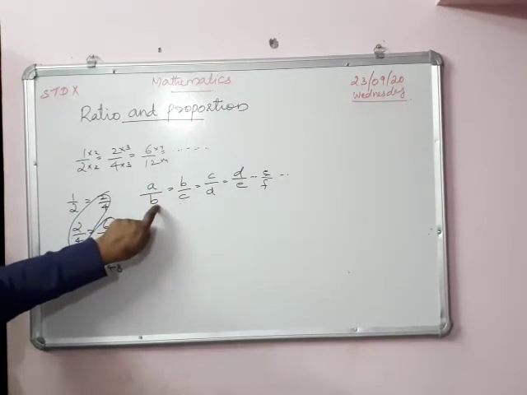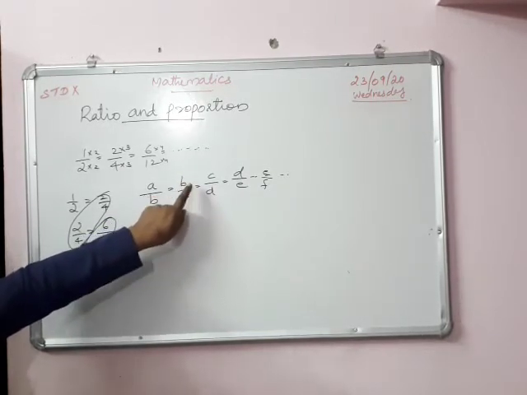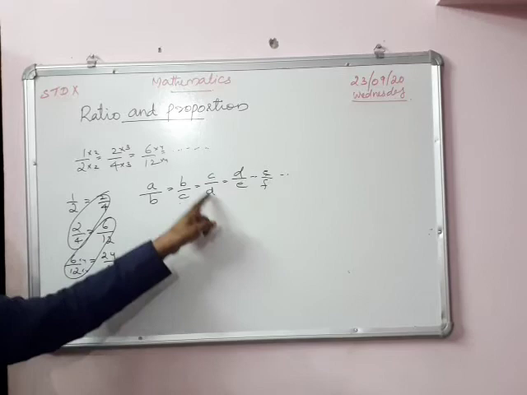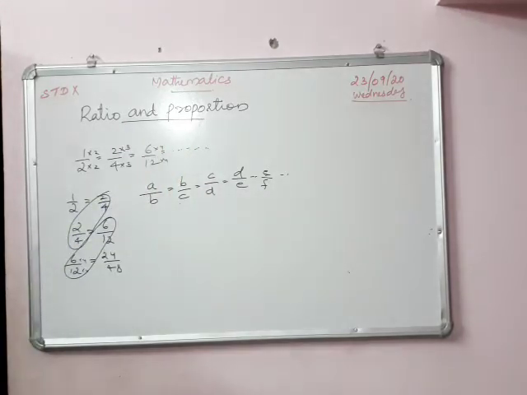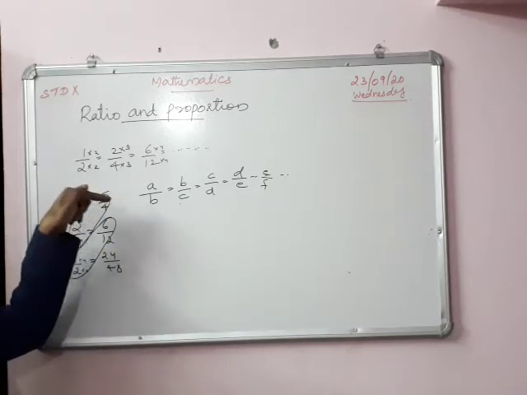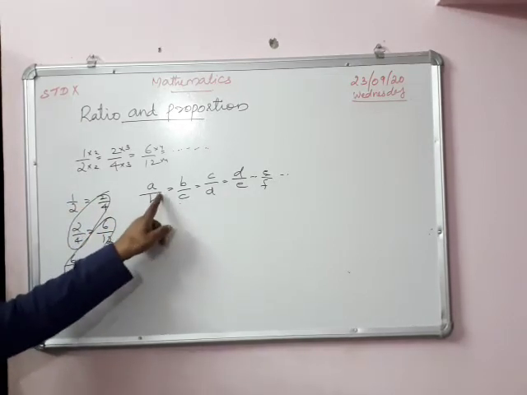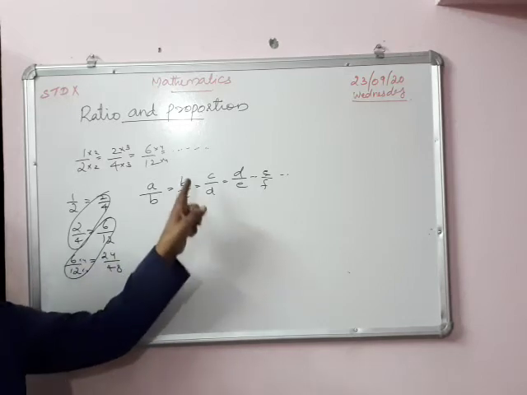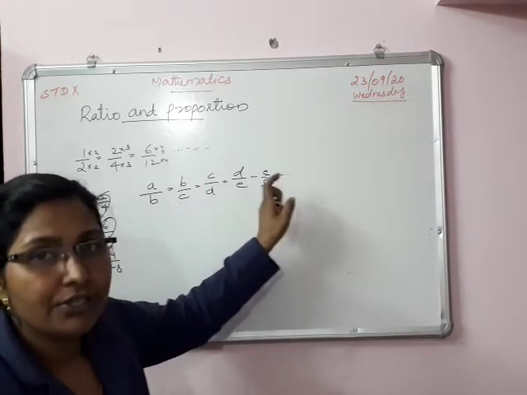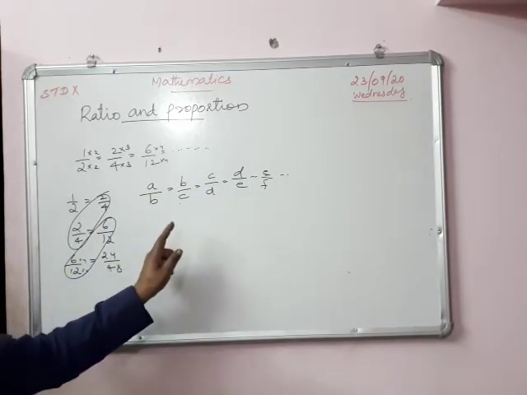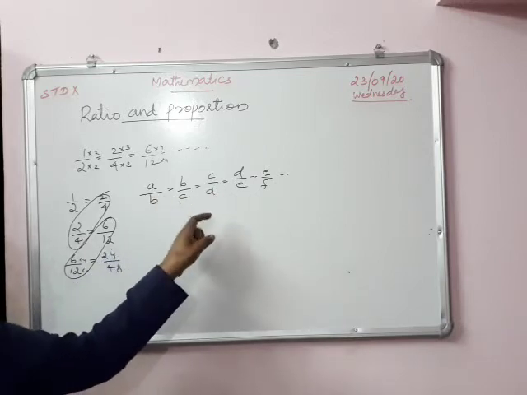A by B, and this denominator is the same as the numerator of the second one, and the denominator of the second one is the same as the numerator of the third one. That means continued proportion. So write in your notebook what is ratio, what do you mean by proportion, that is lower classes portion. Now continued proportion, general form. You may write the general form: A by B is equal to B by C is equal to C by D is equal to etc. is in proportion. Then we can say it is in continued proportion, because it is equal.